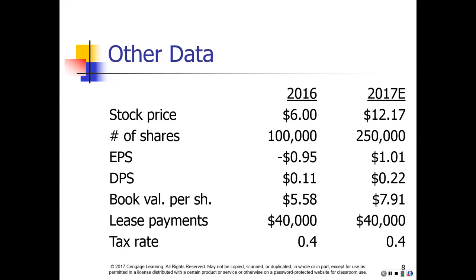I'm reading these out of the balance sheet that I'm looking at in the book. Now we have 250,000 shares, and when the company sold those,